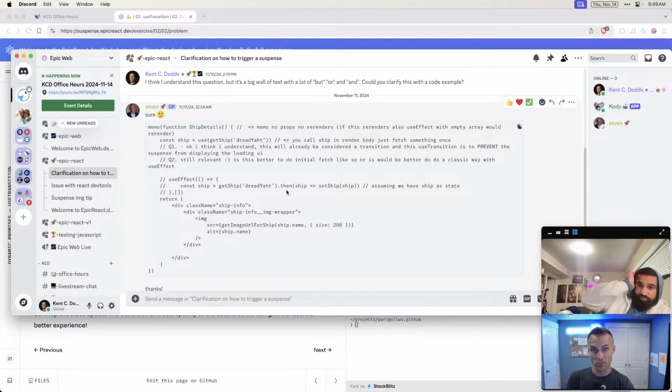First of all, I'd say no, use effect is gone. Don't use it for this stuff anymore. We should not do this anymore. This is much better, considering that get ship is cached and everything. Even better though is that this get ship is done earlier in the process of rendering. So